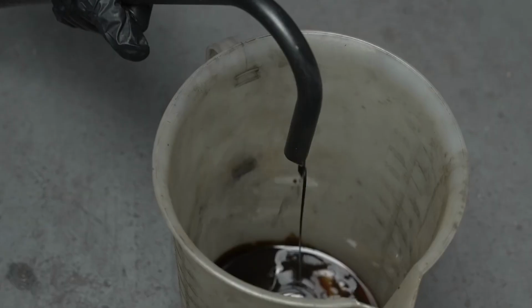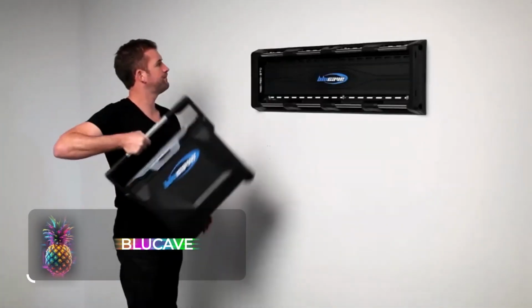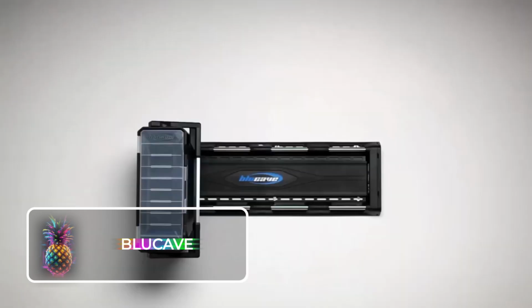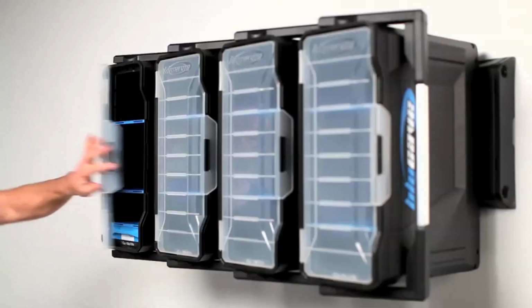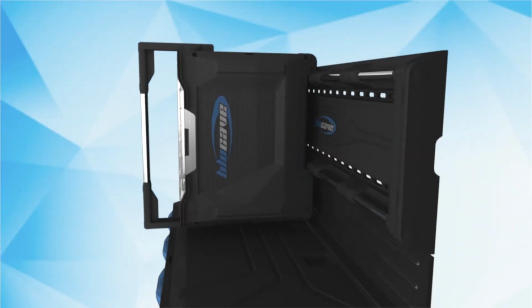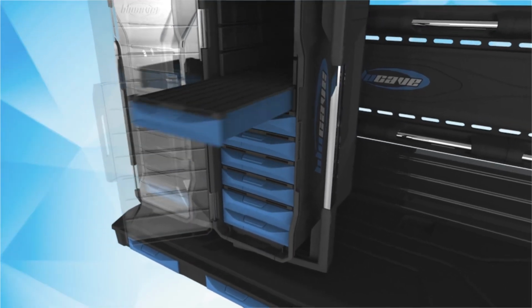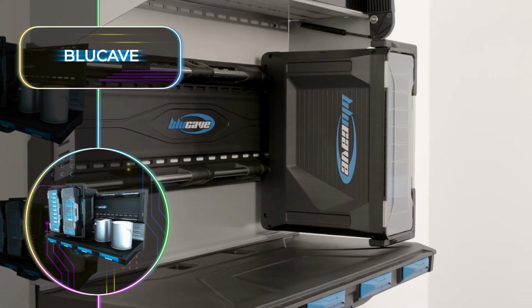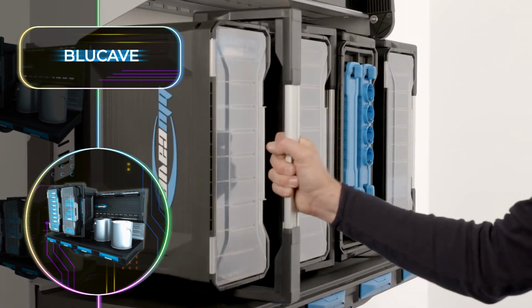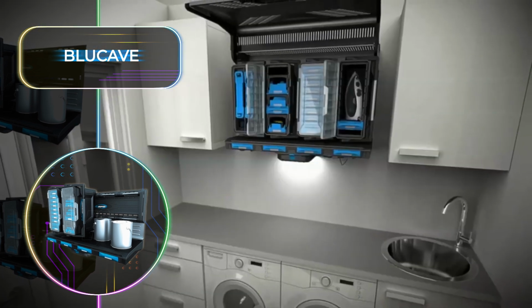BluCave. Our selection of useful garage inventions does not lack variety, and this next addition to our extensive list proves this point. We assume that BluCave will be very appealing to organizational zealots, and it's really not hard to see why, because this modular drawer system is really like something that happened when divine inspiration struck. The BluCave system lets you create a custom storage haven on your walls or on any other surface you want,